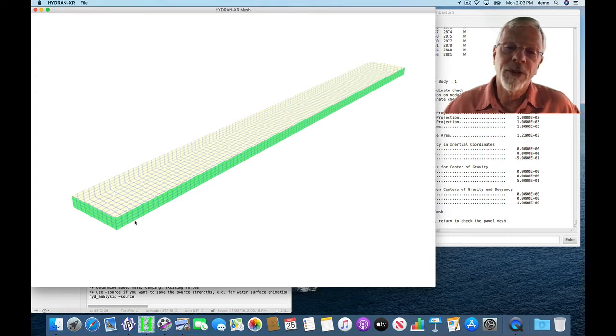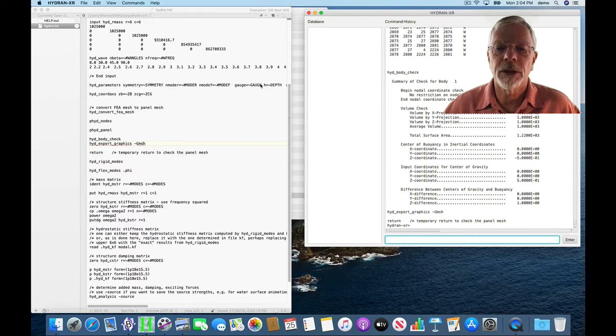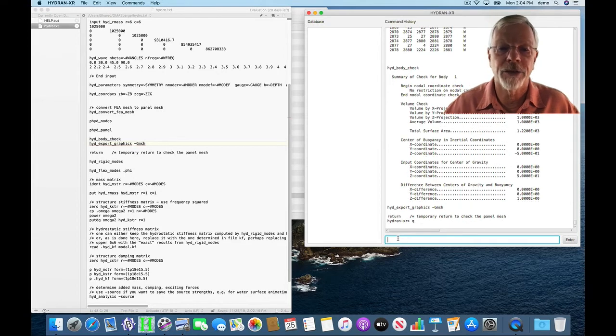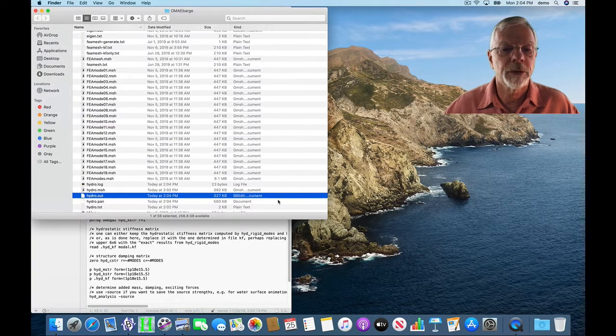But when we defined the side elements, we said they were all supposedly exposed to the fluid, but we know, and the program knows, that the ones above the still water line are actually dry. So I'm going to close that. I'm going to quit Hydran for right now and look at the .out file. So if we come over here to the .out file and open that up,